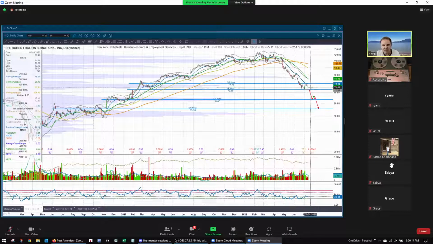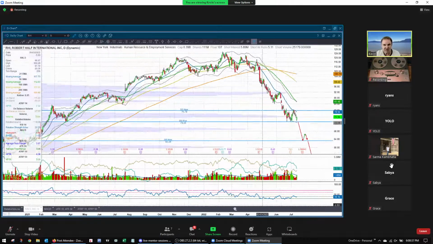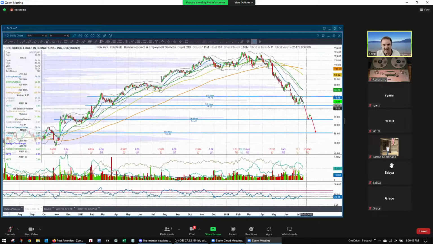I'm not going to be playing this just yet. I'm going to do this probably the day before earnings, but I am going to be watching this stock. If this starts to crash down through here, like you can see I've marked out what it might do, if we lose support here, I might just jump in on this trade because I don't want to get it away from me. But right now we're at a fairly important support level. It did bounce up off of here a little bit today. This is actually a fairly bullish candle, so this is kind of good. I'd like this to just go sideways a little more before earnings.